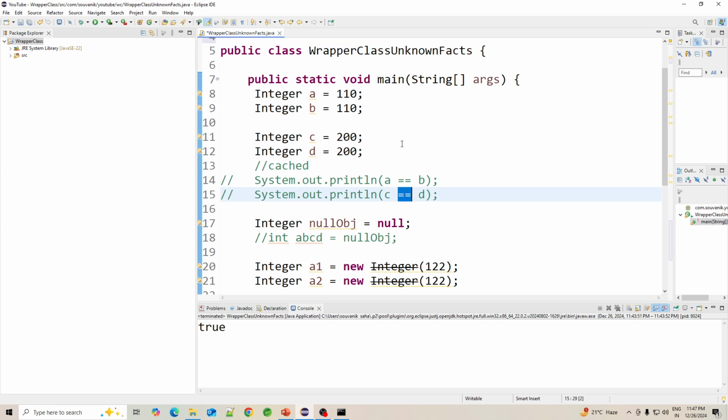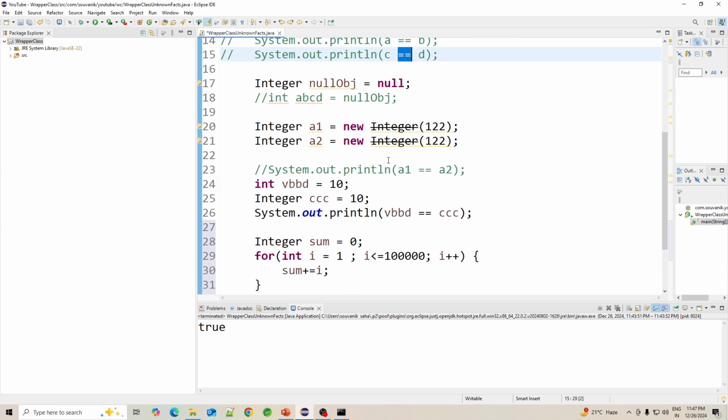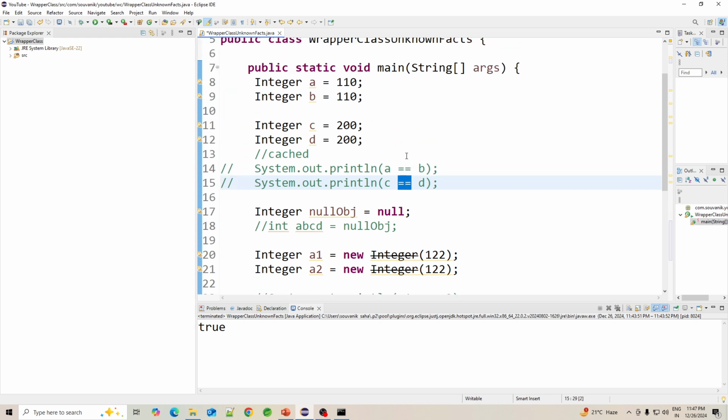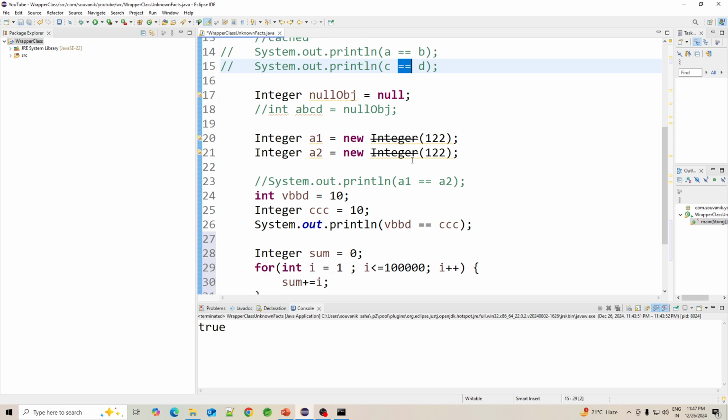So it's always good to use .equals whenever you are dealing with wrapper class objects.